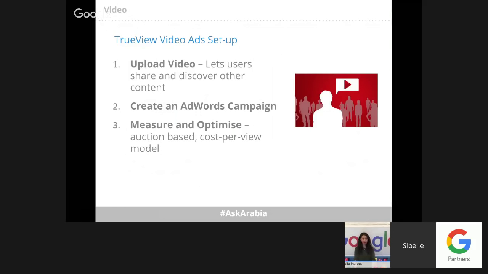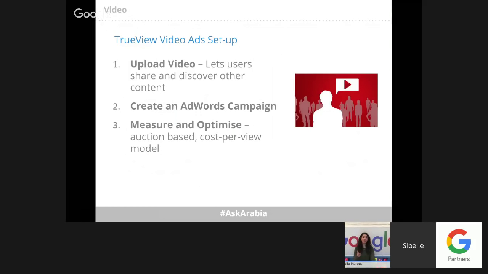Go on youtube.com, upload the video, and create your channel, make it more customized, and then go on to AdWords. Create an AdWords campaign, and we will go into more details about how to create a video AdWords campaign. And then the third point, look at the results. Use AdWords reports and use YouTube analytics, gather information, and go back to your manager showing them the success of that video campaign.